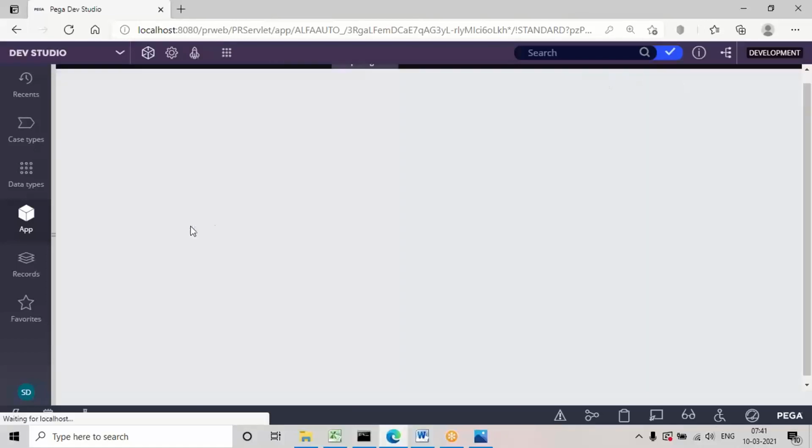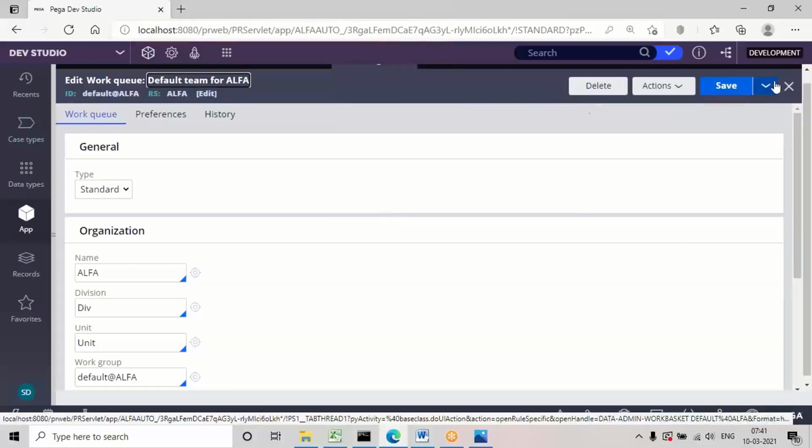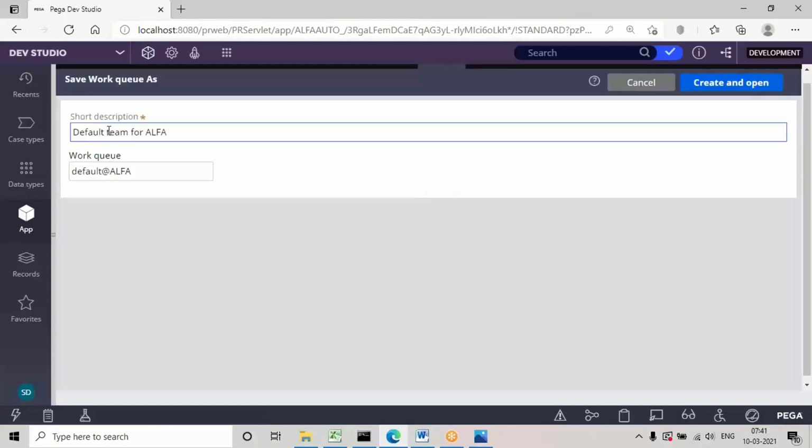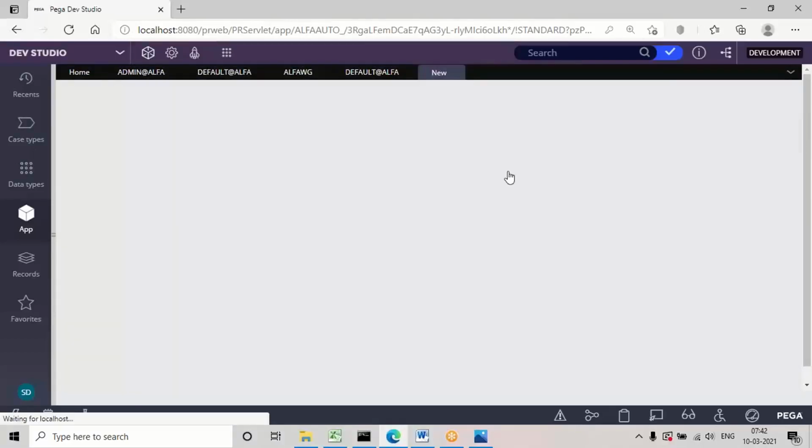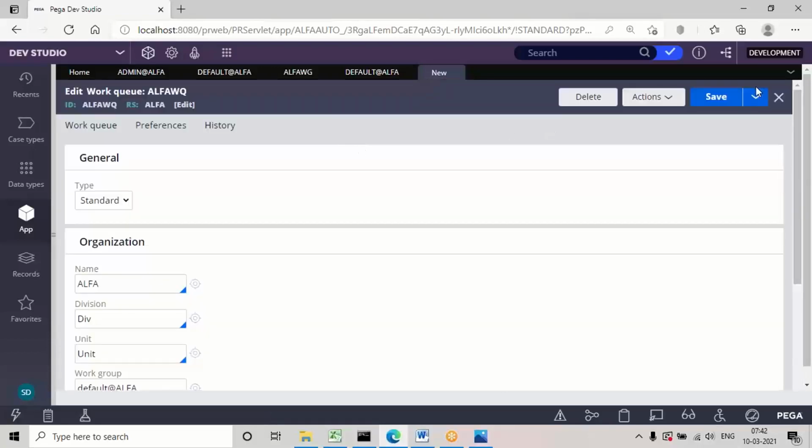Open this one and use the save as option. For this I'm giving alpha wq. Open and save. So what I created is one user defined work group and one user defined work queue.